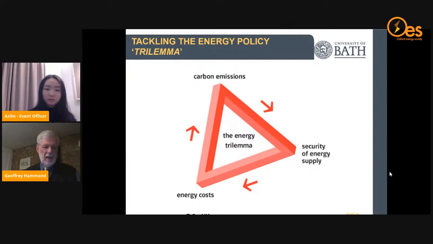And the second phase of this project, where we completed the project, as it were, was funded solely by the Research Council. Now, E.ON like to talk about what they call the energy policy trilemma. And it encompasses many of those things I showed in the opening slide about the key energy challenges. So we need to reduce carbon emissions in order to reduce climate change. We need to ensure security of energy supplies, and we need to reduce their costs. E.ON would talk about this in terms of ensuring that they could sell their resources profitably. But if you were in a developing country or if you were in a poorer community, you'd be talking about making energy more affordable.